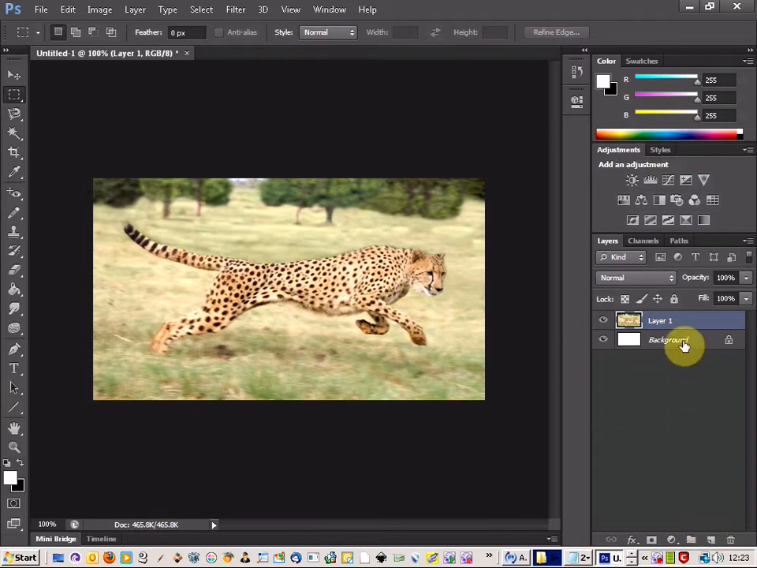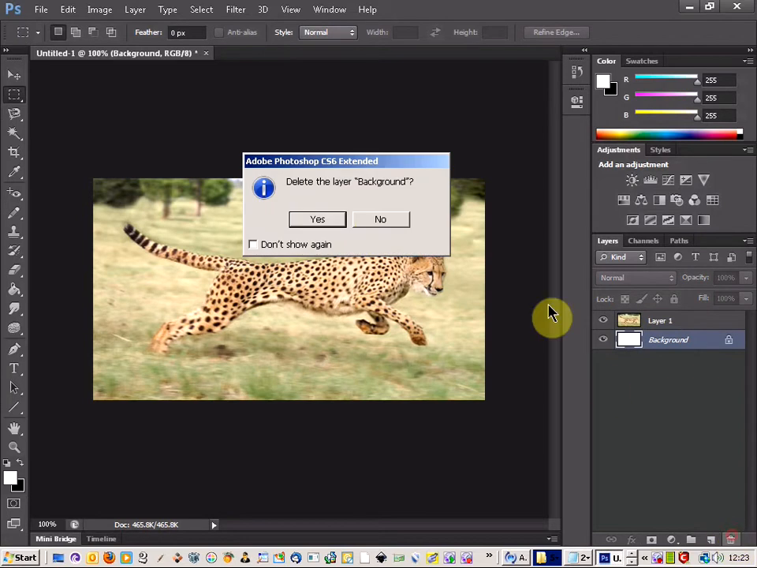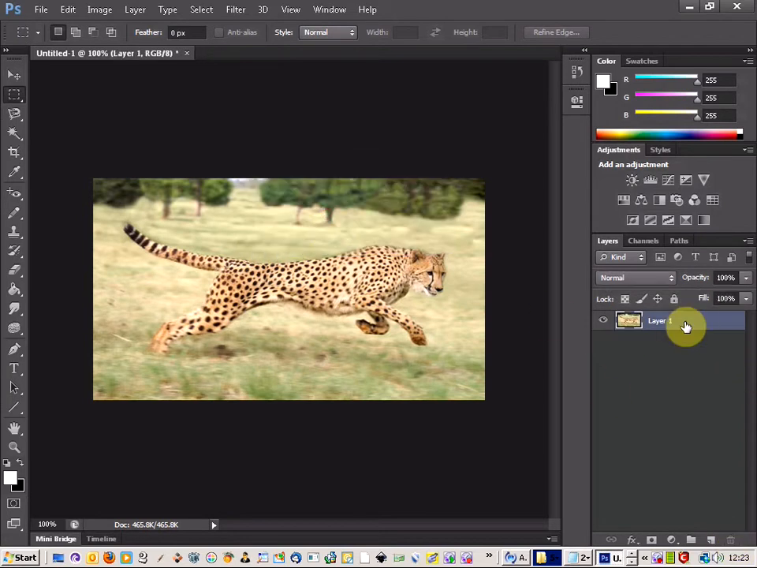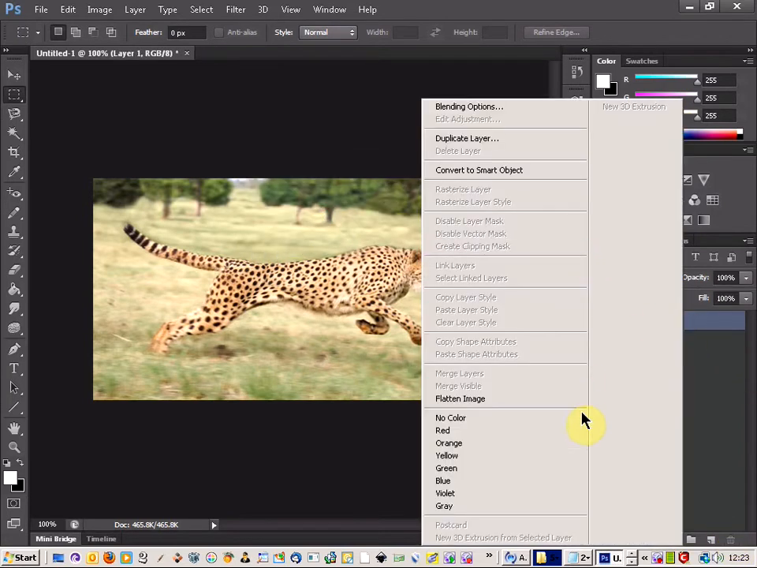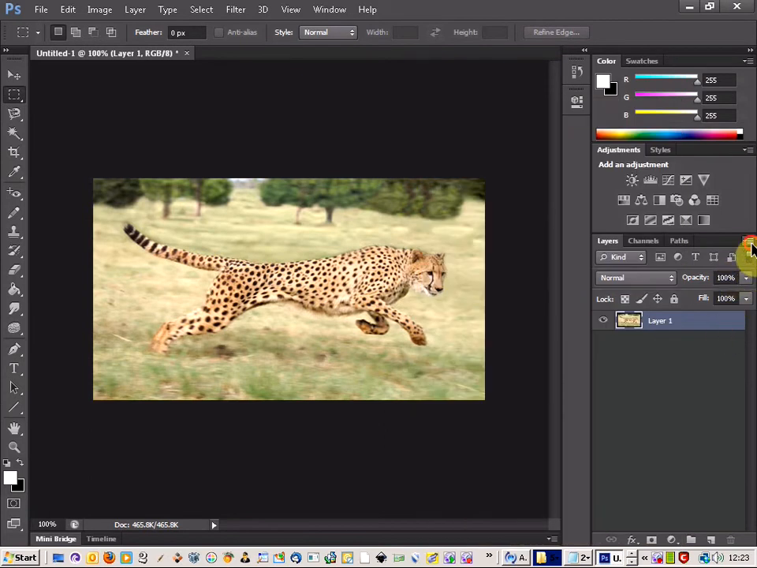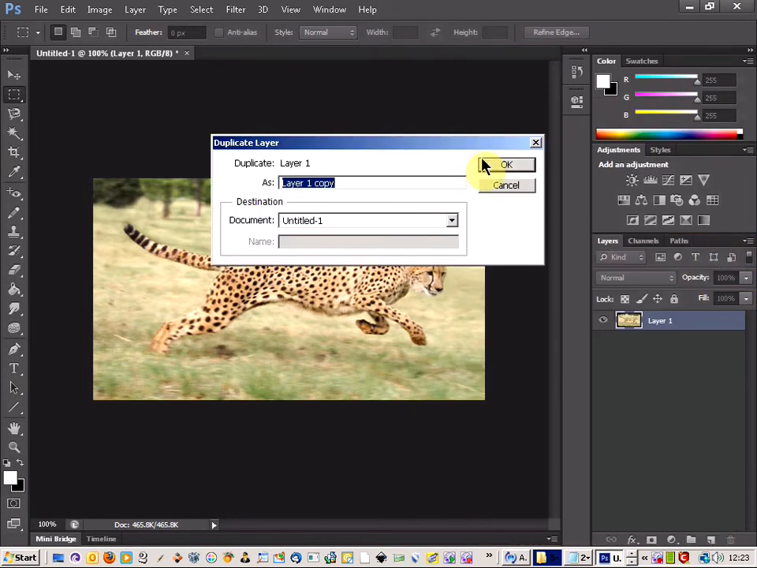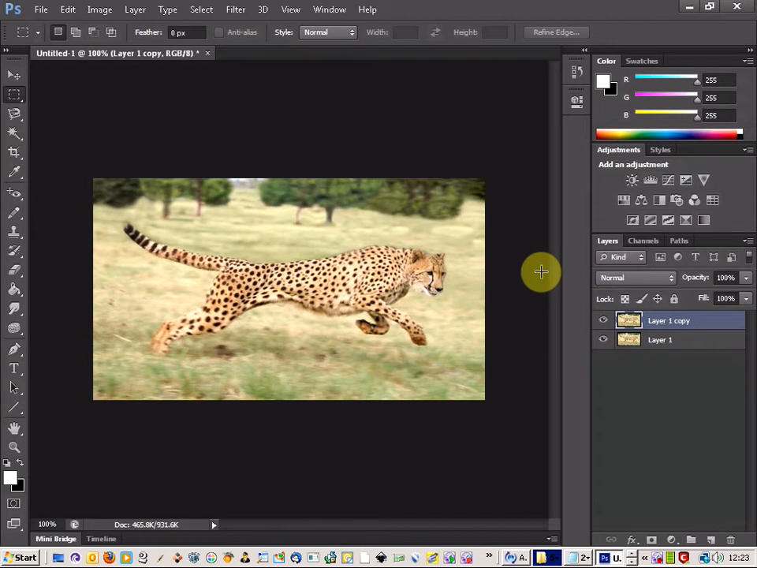Now first thing you want to do is, let's get rid of that background layer, and we're going to copy the current layer that we've got, and then create a layer mask. And the next thing you want to do is create a new layer and come up to your selection tool